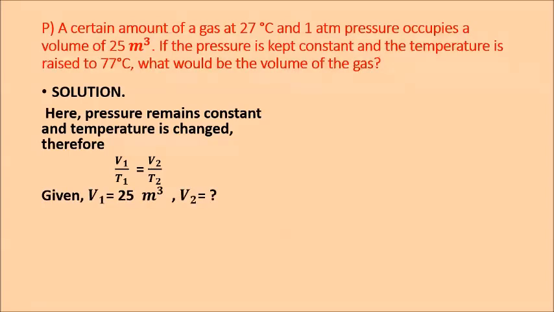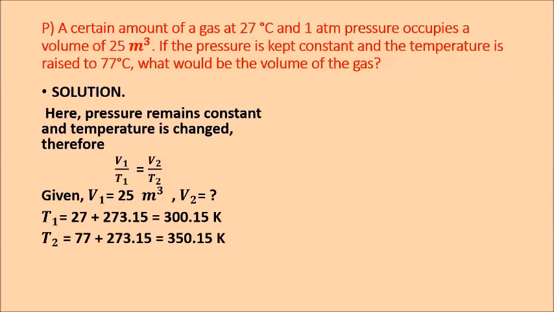And what all things do we have here? V1, how much volume? 25 meter cube. V2 we have to find out. T1 is given as 27 degrees Celsius. It should be changed into Kelvin, so you have to add 273.15 to 27, and you get an answer of 300.15 Kelvin. In the same way, T2 is also given in degrees Celsius, 77 degrees Celsius. It should be converted into Kelvin, so you add 77 to 273.15 and we get